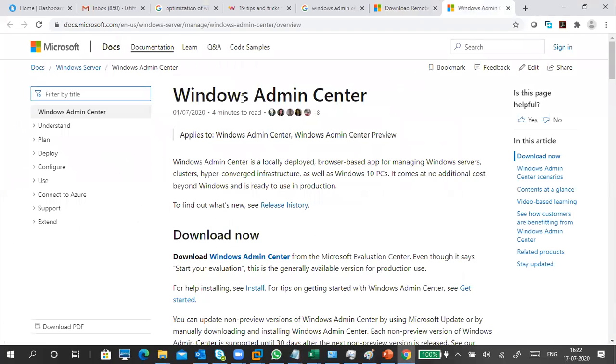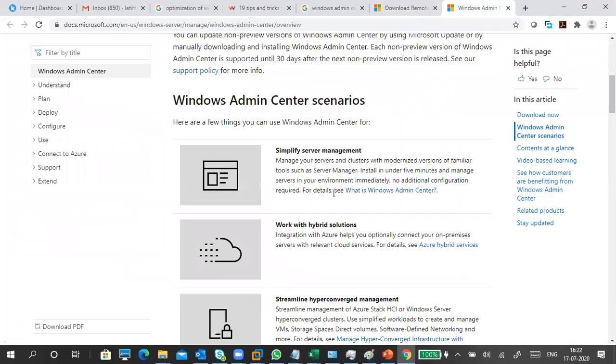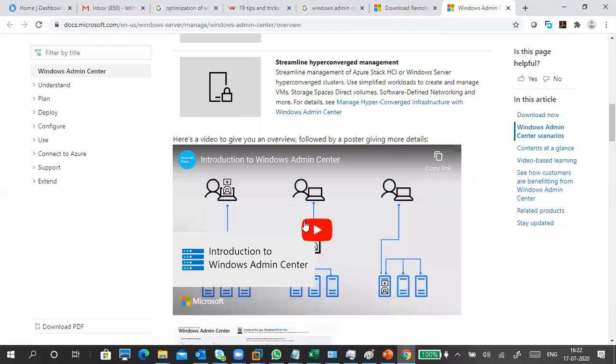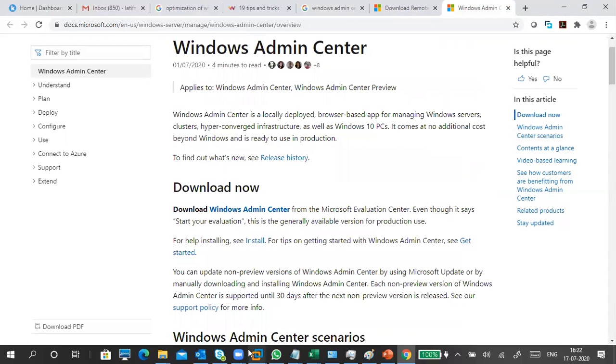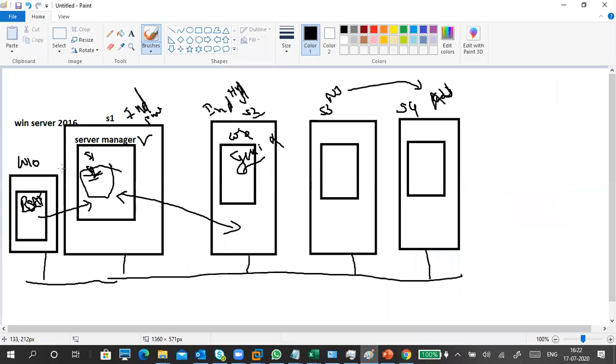Next one is Admin Center. This Admin Center is different. Here, you require a PC, and compulsorily a Windows operating system must be there. First of all, Windows 8 or Windows 7 or Windows 10 is required. Okay, a Windows PC is compulsory, and for authentication, an administration part is required, like